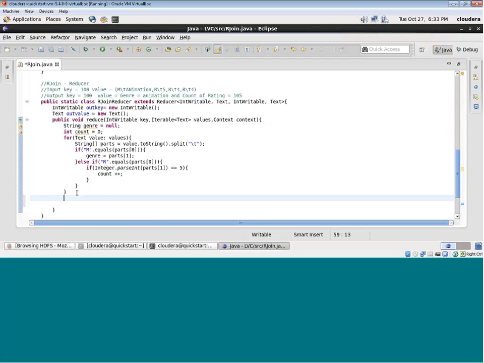At the end of this for loop, once my iteration completes, I should have my count value, so I can just do this. Out value dot set. I'll just say genre is equal to